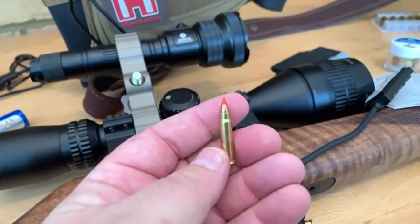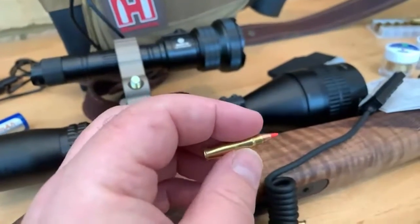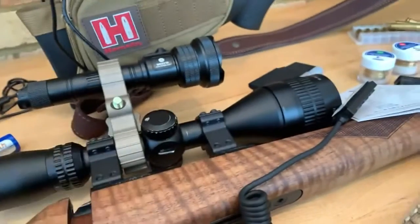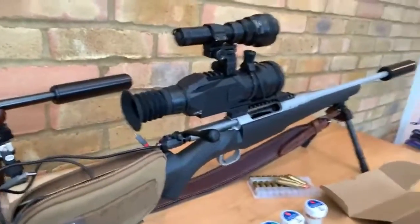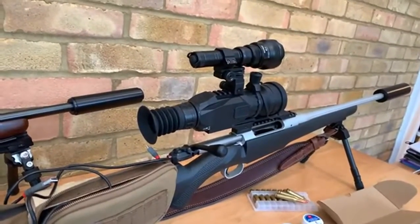It is what they call a neck down Magnum 22, for those of you who are interested in that sort of stuff. So that's a neck down Magnum 22. And then on this fella here, this is a dedicated fox round, shooting. That lamp there, that goes out